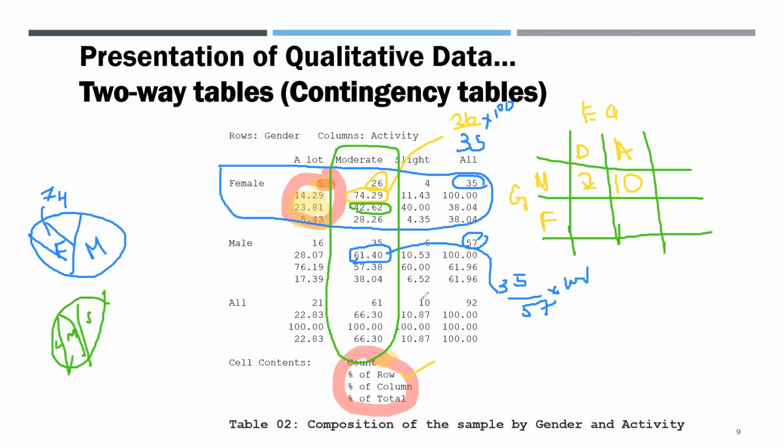If the activity level is moderate, then 42.62 are females, and if the activity level is moderate, then 57.38 are males. So if you compare these two percentages, basically you can say if the activity level is moderate, majority of them